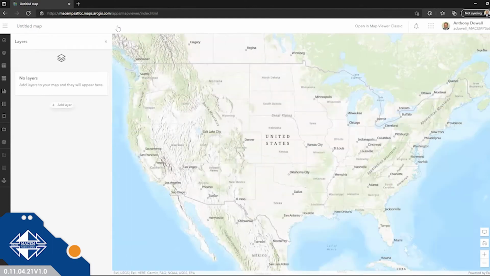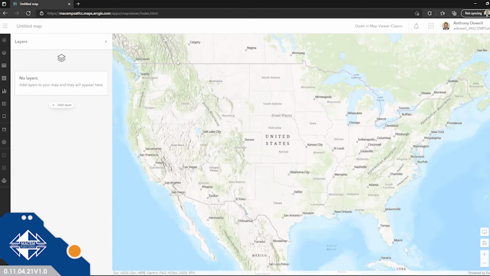So this is an initial untitled web map. It's basically going to open up a blank map slate that a user can use to start adding information to and configuring their first web map. When you create a brand new blank web map, it's going to be titled Untitled Map here up top. And as you start to add information to the map, as you start to customize and make it your own,